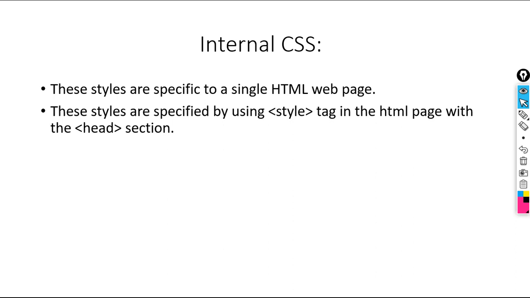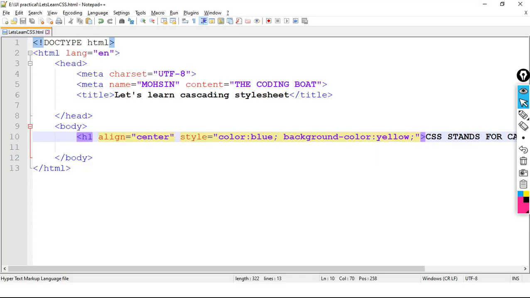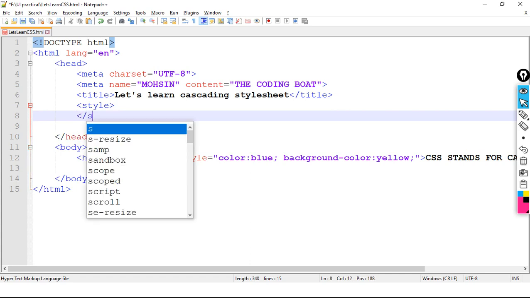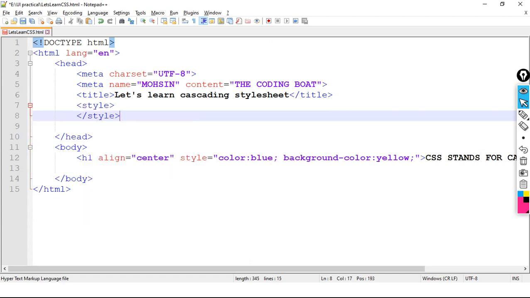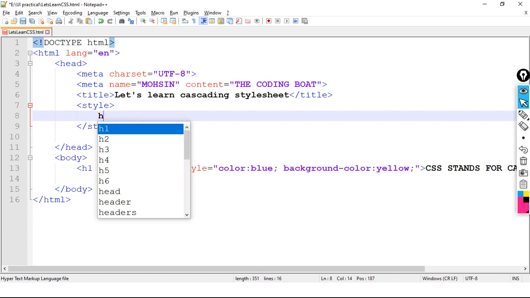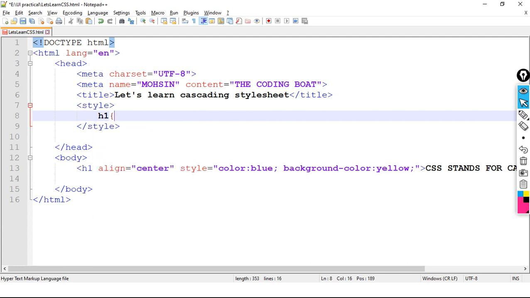Let's understand this with a practical example. Here, in the head section at line number 7, I am using an opening style tag, and then a closing style tag. In style we use the name of the HTML element, with opening and closing curly braces.